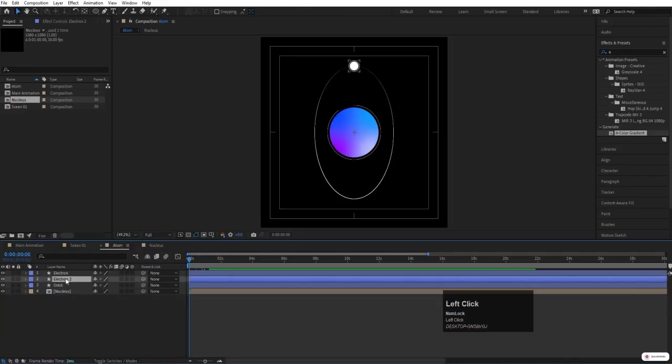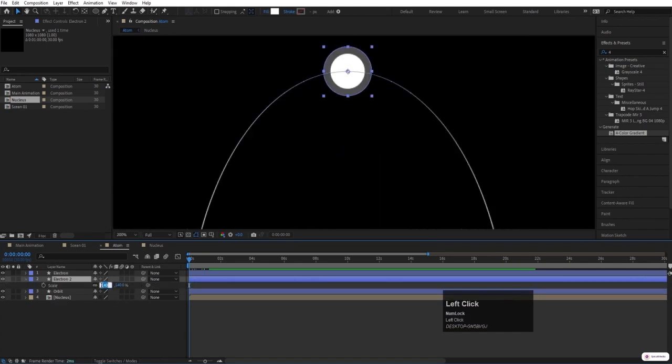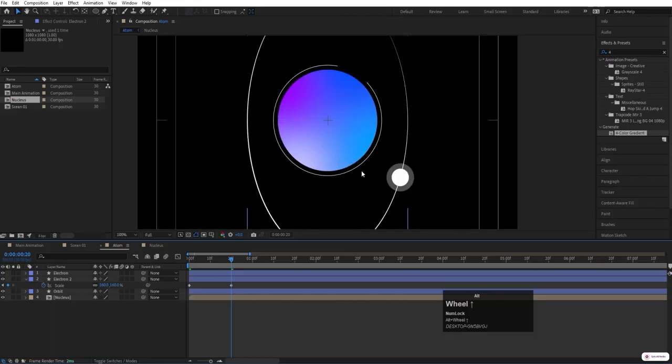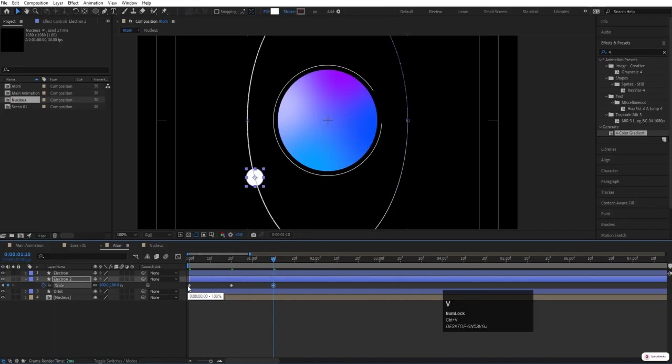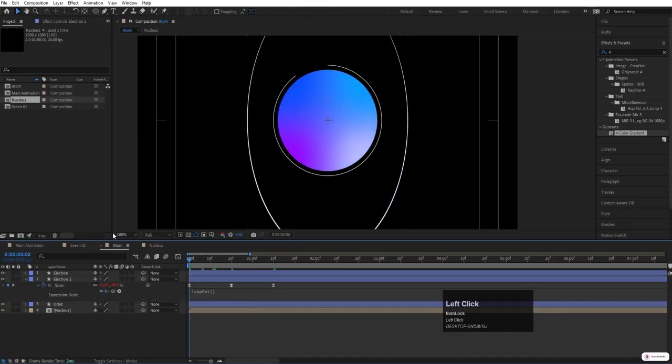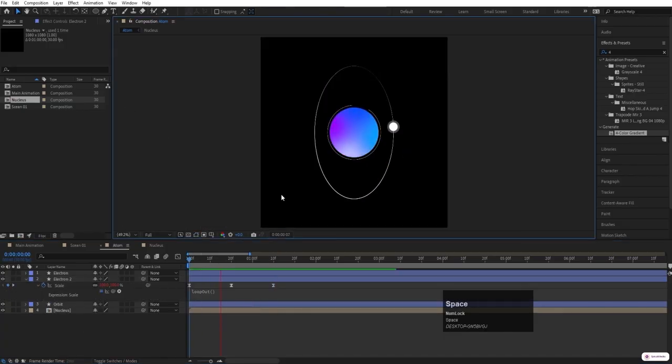Now after that, I'm going to select this electron V2, which is this one. I'm going to press S. Let's make this 100 initially, create one keyframe, go to around 20 frame. Let's make this 160 value, so it will blow up like that. Go to around 10 frames forward, copy the first keyframe by hitting Ctrl C, Ctrl V, then select those keyframes, and hit F9, then alt click on the stopwatch, and we are going to search for the loop out expression. Okay, so now if I hit play, we will get this